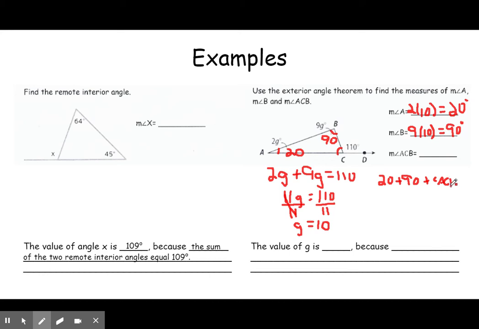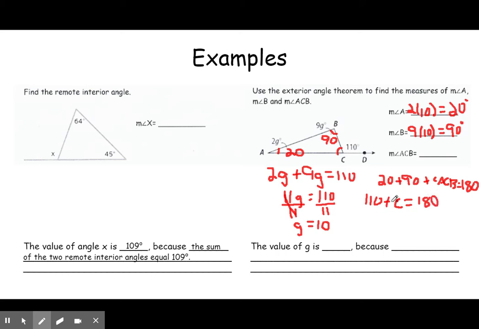Oops, I'm kind of running out of space here, but that's okay. We'll make it work. Is equal to 180, right? Because I know that triangles, if I add up all 3 interior angles, they need to equal 180. So let's add these up. 20 plus 90 equals 110. Plus, again, we don't know, I'm just going to put a C here, so I'm not running out of space, is equal to